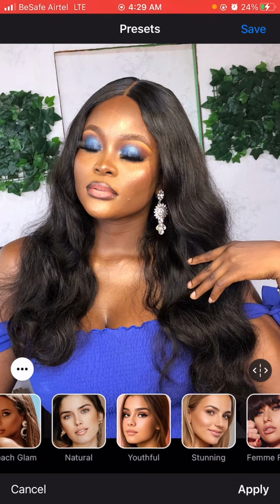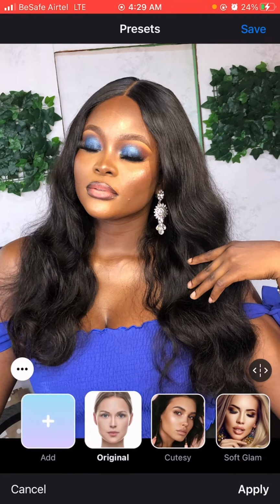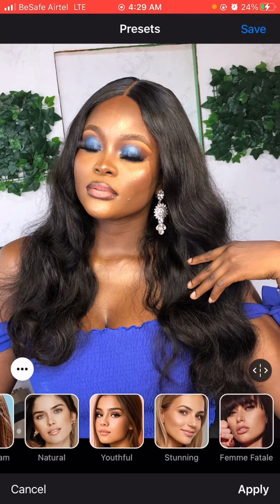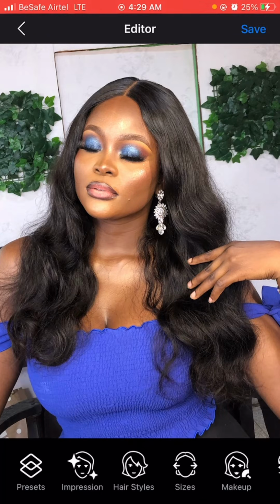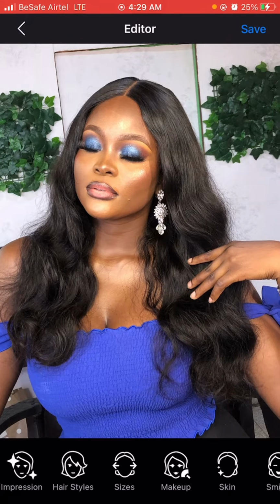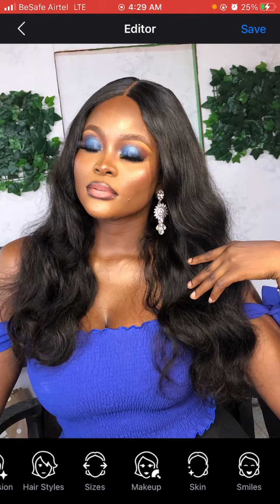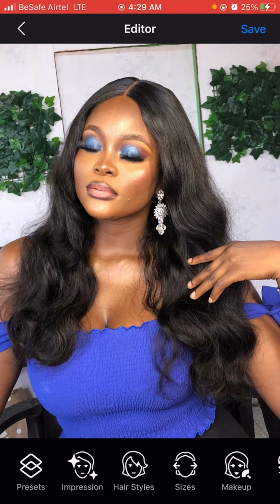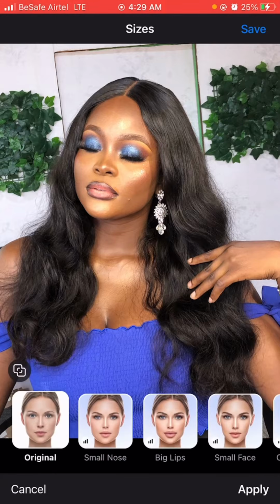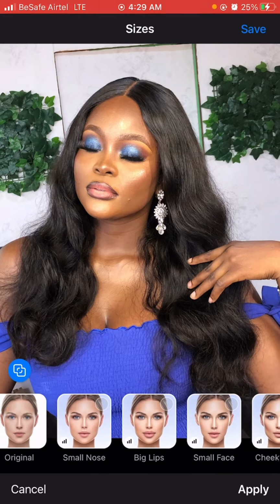You can just select one of the features and it will reflect on the face. So I don't need it now. Cancel. So I'm just going to go right into how I edit my own makeup pictures that I post on Instagram. The first thing I do is I go to sizes. I lock my editing. I click on this double square here so that I can use 1, 2, 3 features